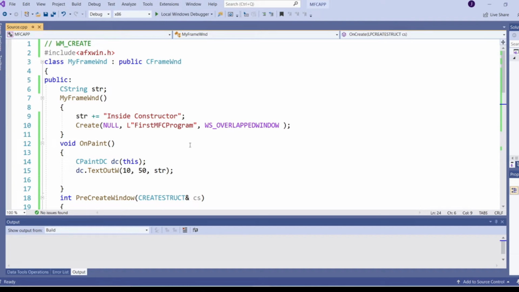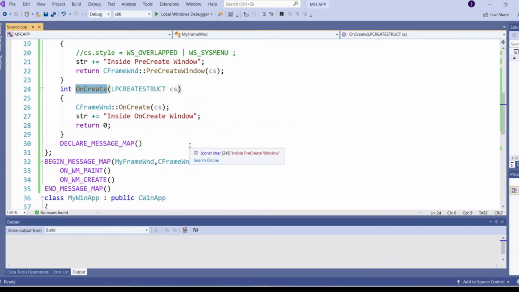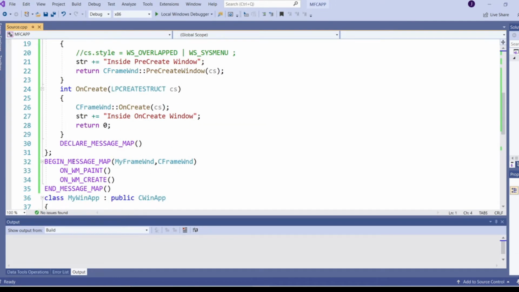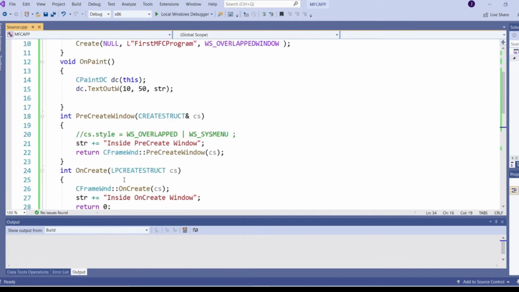As said before, whenever a new frame window is created, MFC will trigger the message WM_CREATE, and it is mapped with ON_WM_CREATE in MFC.